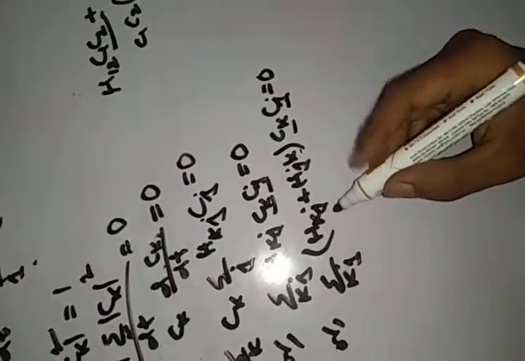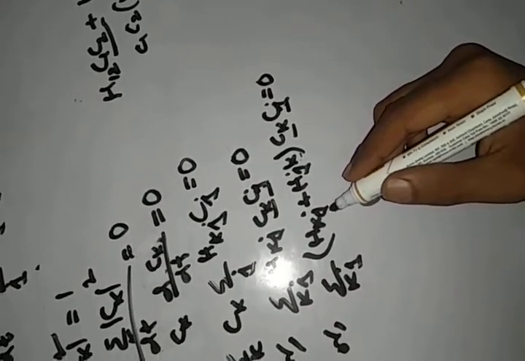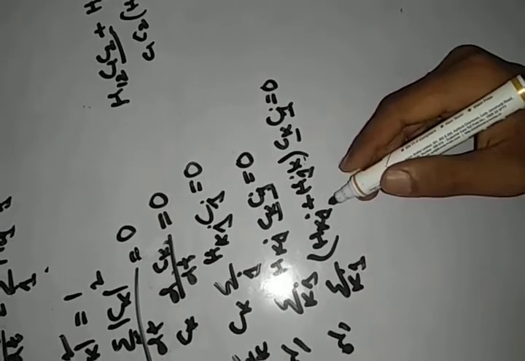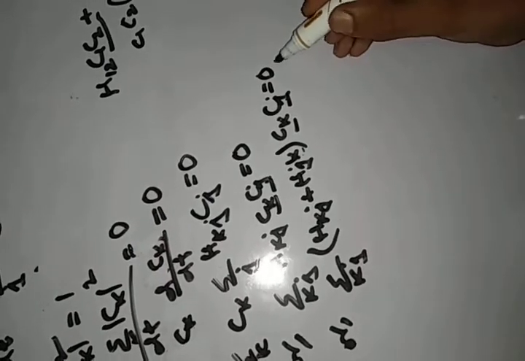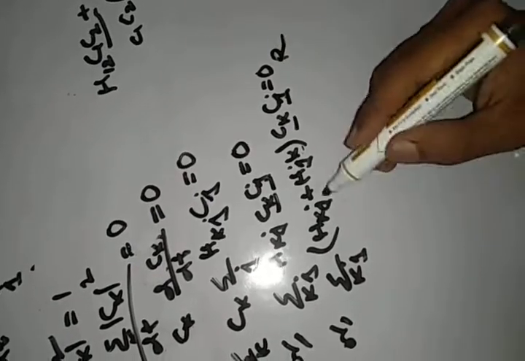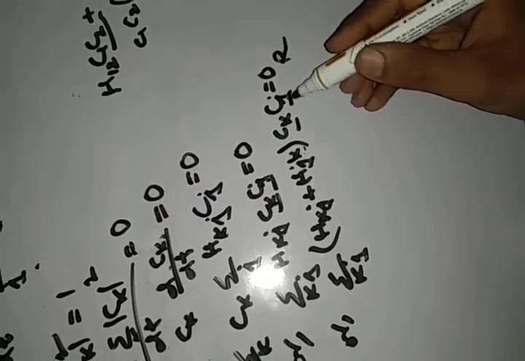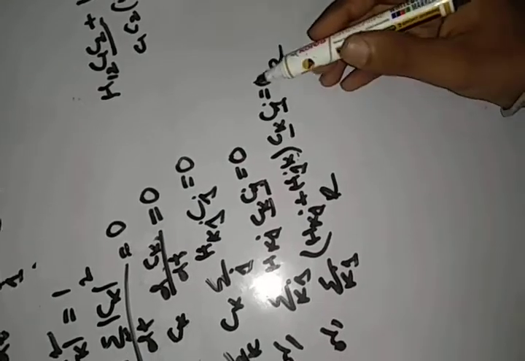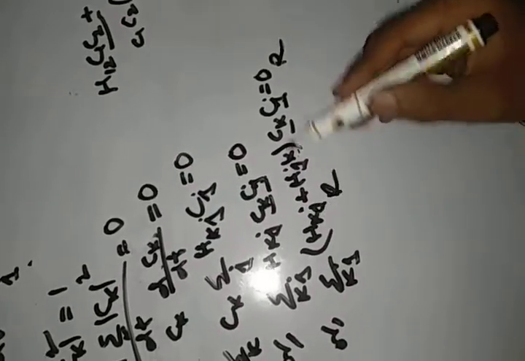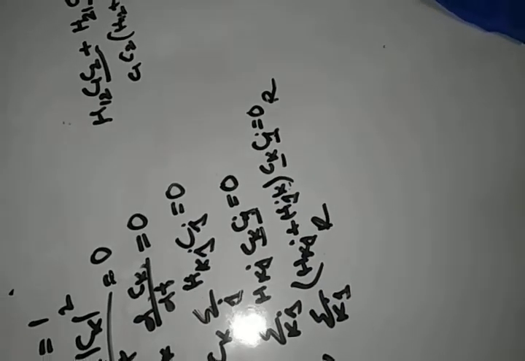For such infinite expressions to be zero, see, 0 is a real number, and these two are real numbers, then this thing must be a real number. You can say that for this thing to be 0, each of these terms will be equal to 0. You can say this, but